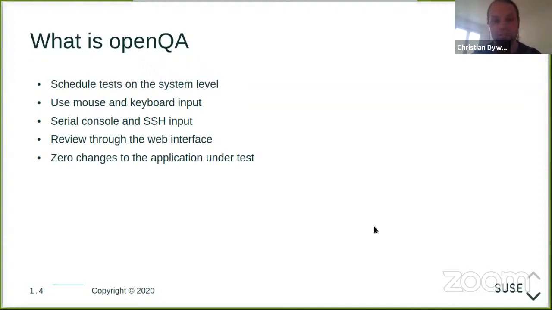And of course, I mentioned the web interface before. So openQA also processes the results and tries to collect the test results.